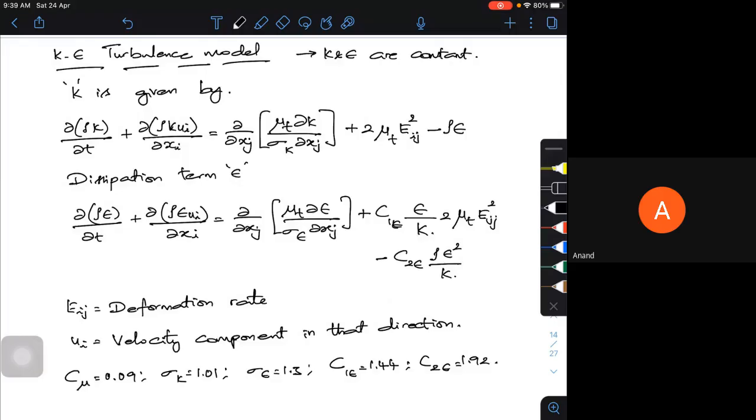And it all depends on what we call the y plus. So what is that y plus? Y plus I think is the nearest distance from your wall where you want to calculate this turbulent phenomena, where you want to capture the phenomena. So it all depends on that particular thing.